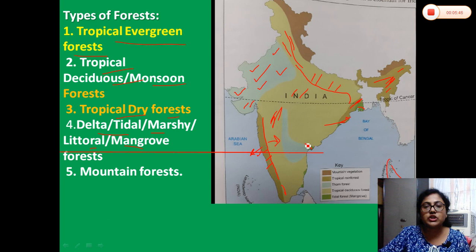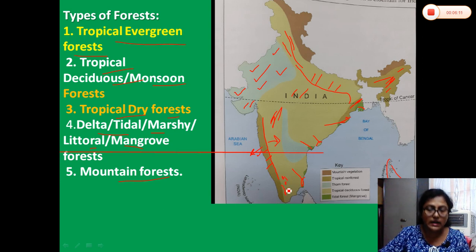Then here is the Krishna delta, here is Godavari delta, here also. You can see here the Kaveri delta, here also it is found. So in the deltaic regions, especially along the eastern coastal plain where deltas are formed, there this type of forest is found. Now mountain forest you can observe here in few areas, it is not marked here, in Nilgiri, Cardamom